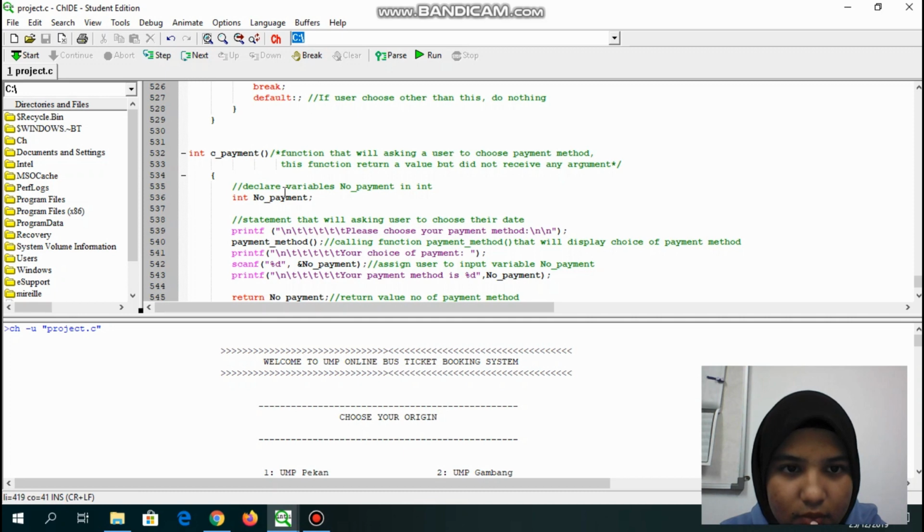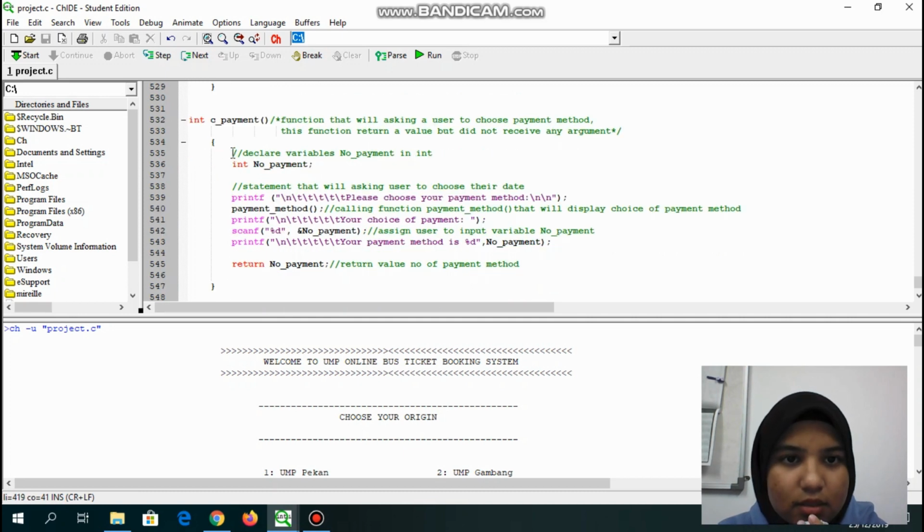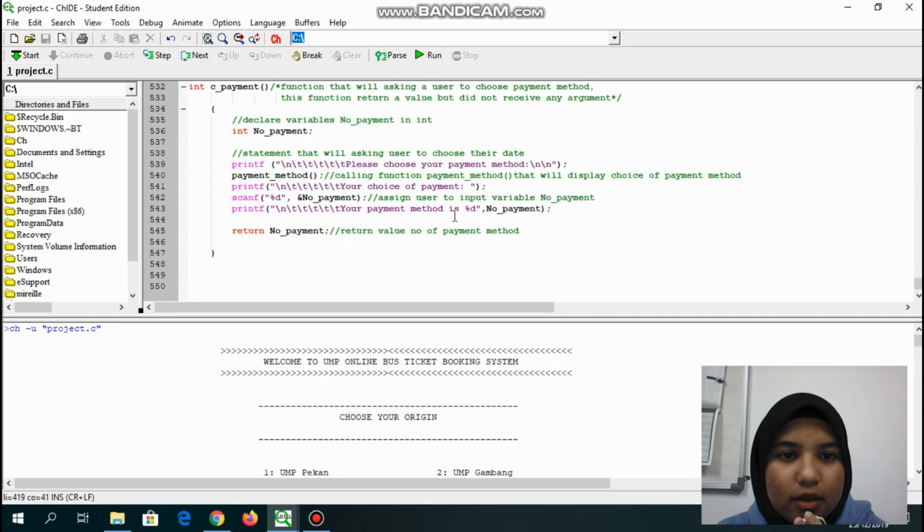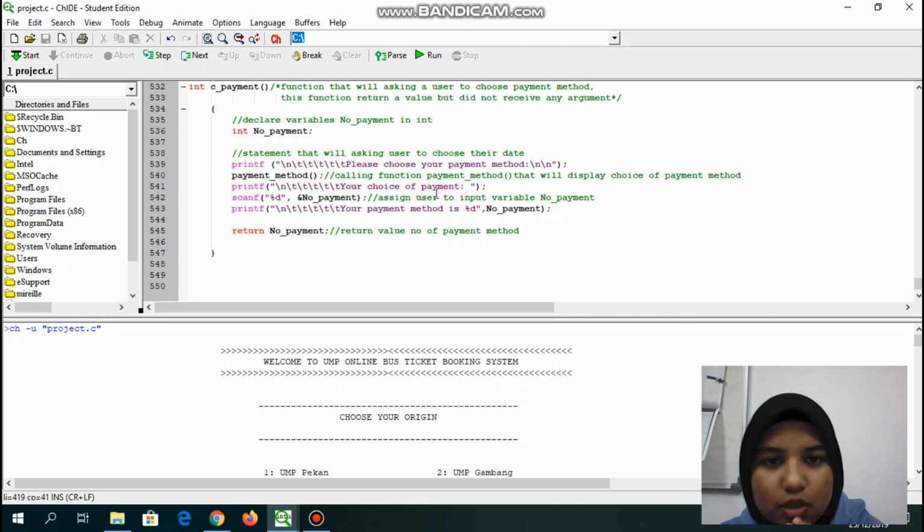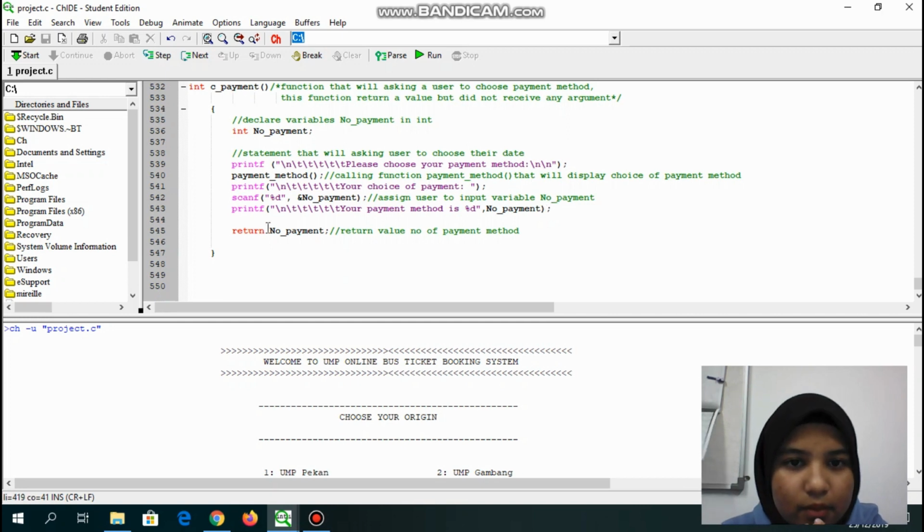So this is the int payment function that asks the user to choose a payment method. This function returns a value but does not receive any argument. So this is the printf for please choose your payment method, and also the printf for your choice of payment, and the printf for your payment method is, so it returns the payment because of int payment. Okay,